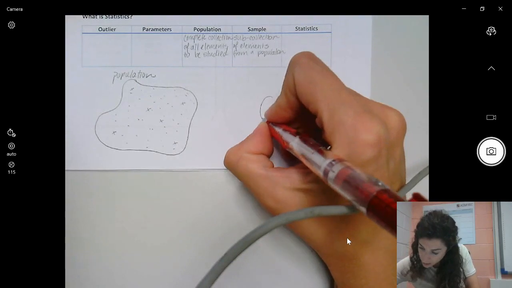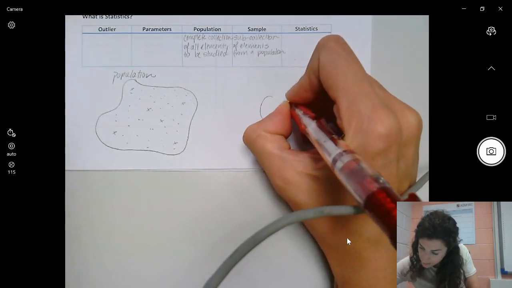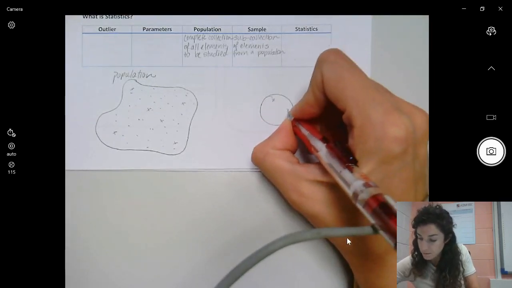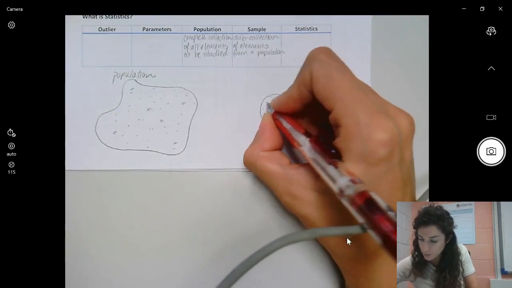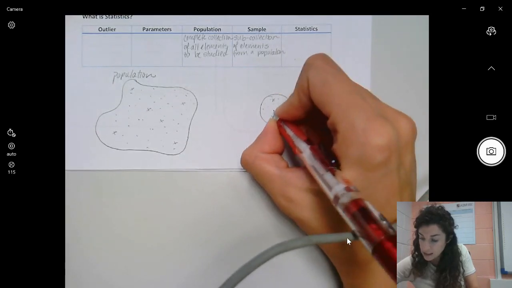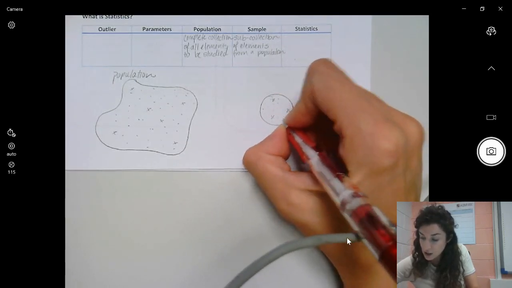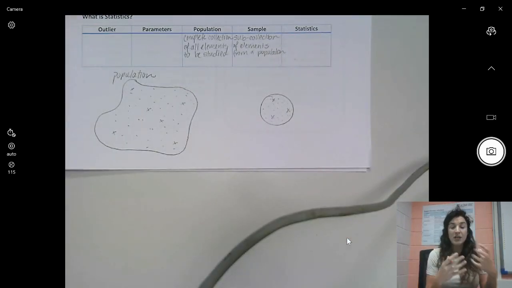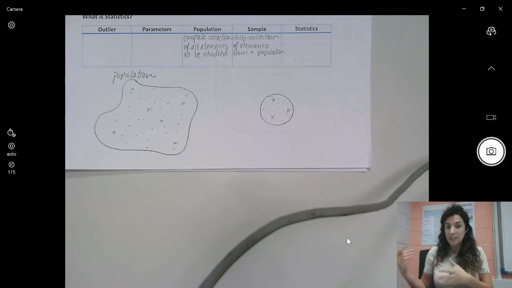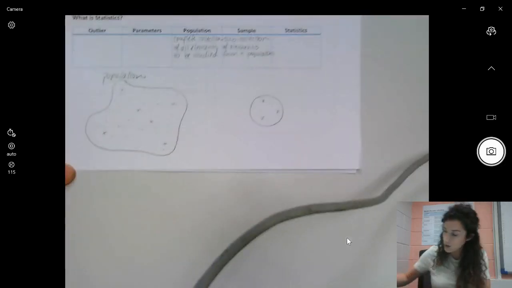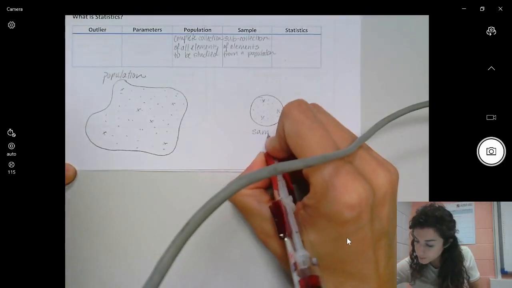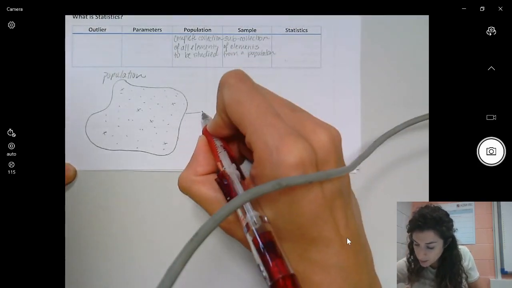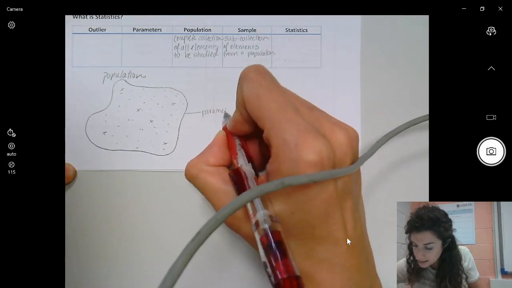The hope is that this sample is a perfect representation of your population as a whole. It's a little bit easier to digest. It's a little bit easier to understand and to interact with and gather data with if you've got a smaller subset. So in order to go, and this is our sample, in order to go from a population to a sample,